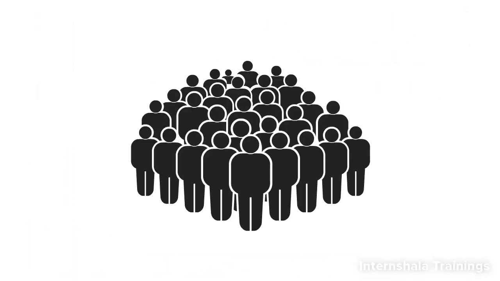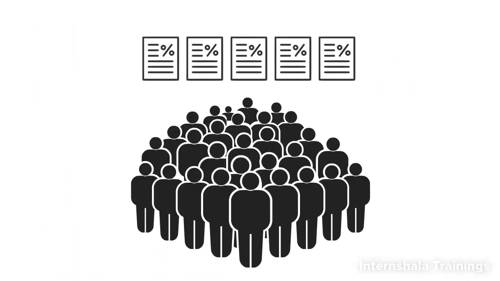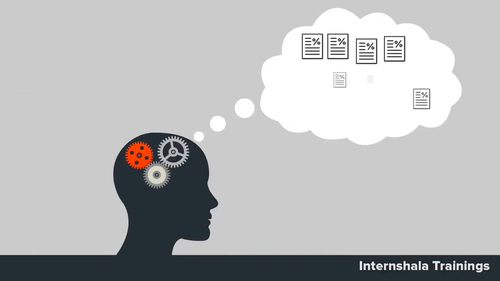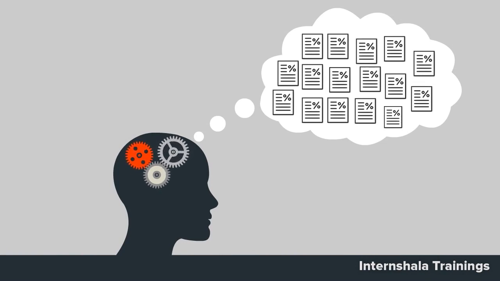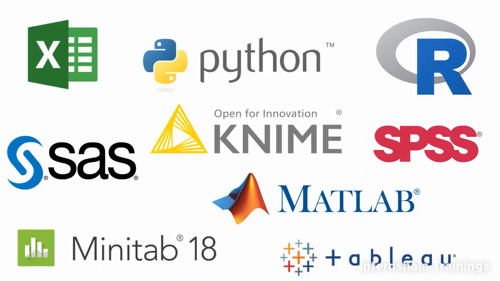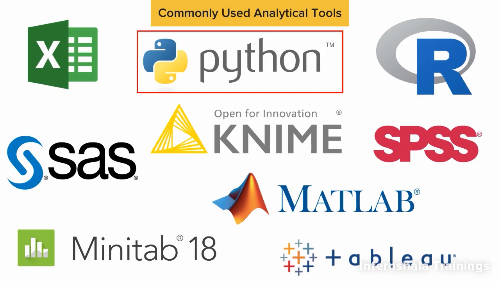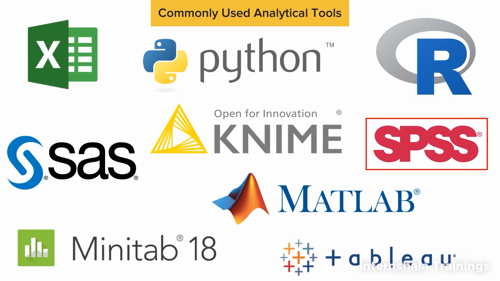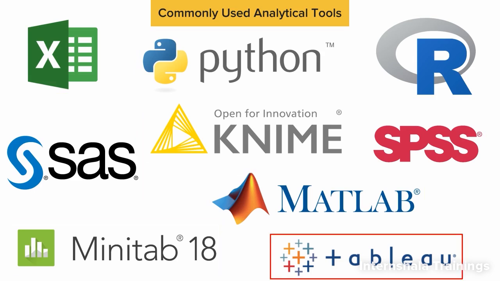Now suppose the professor has to analyze each and every student's grade for the university or for the city or town they are living in. This becomes very difficult for the human brain to analyze since there is a huge amount of data. So we use an analytical tool to analyze the data and derive the desired results. Some of the most commonly used analytical tools in the industry are MS Excel, Python, R, SAS, KNIME, SPSS, MATLAB, Minitab, Tableau, etc. Every day new tools are being developed for better and accurate deductions and minimal human interventions.